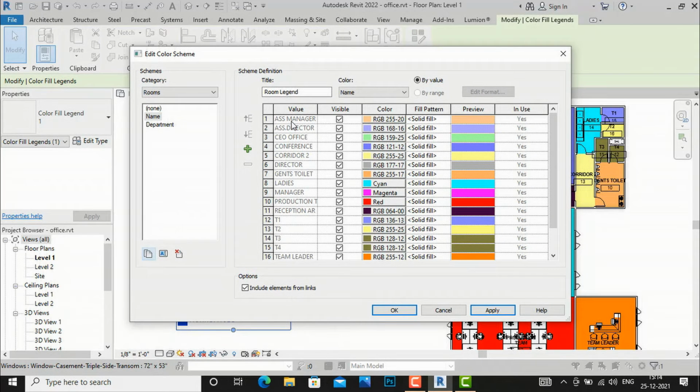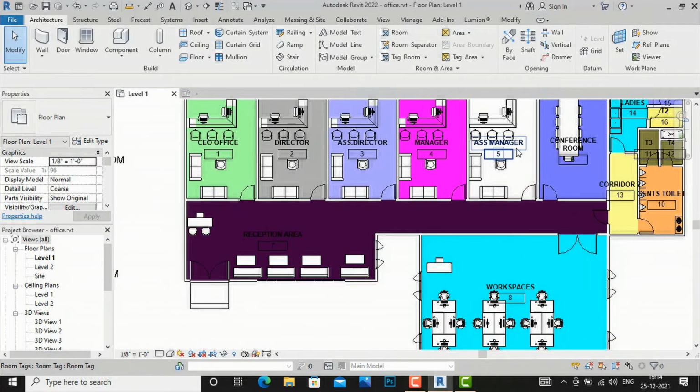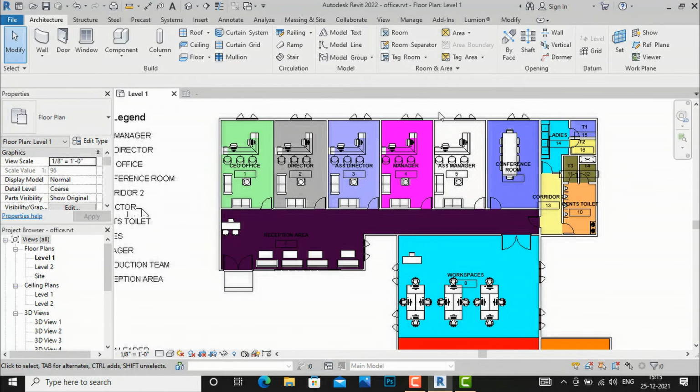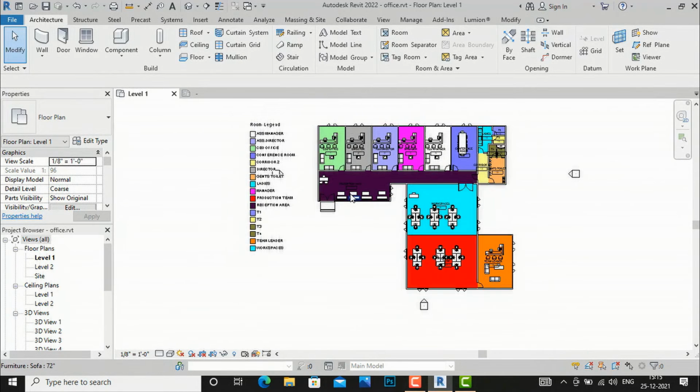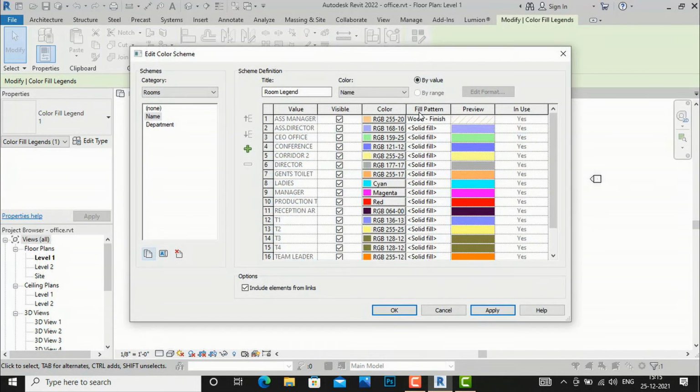So I am going to my assistant manager. So I want some wood color, wood finish. So I will go and select wood finish. I'll go and apply this, and you can see in assistant manager this is our fill pattern. So you can use this also for your spaces. So after this you can do some more settings here in your remaining things, and likewise you can work in